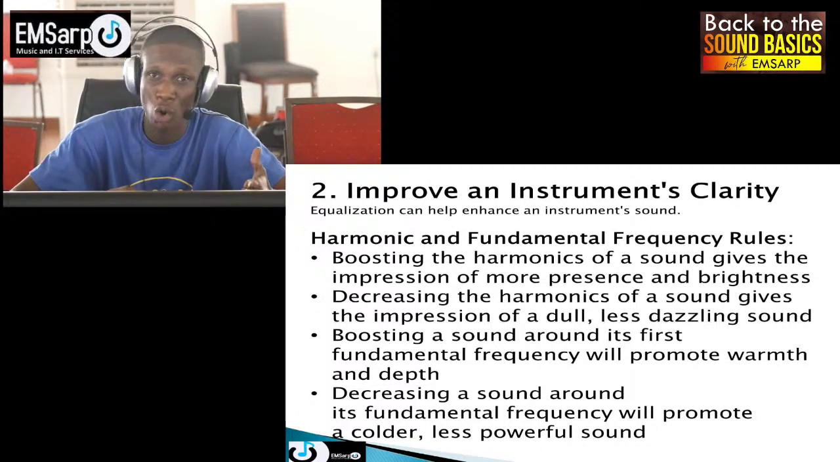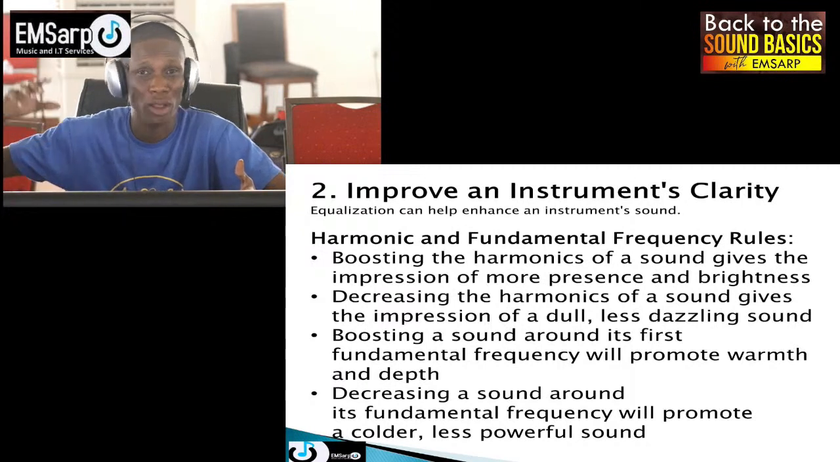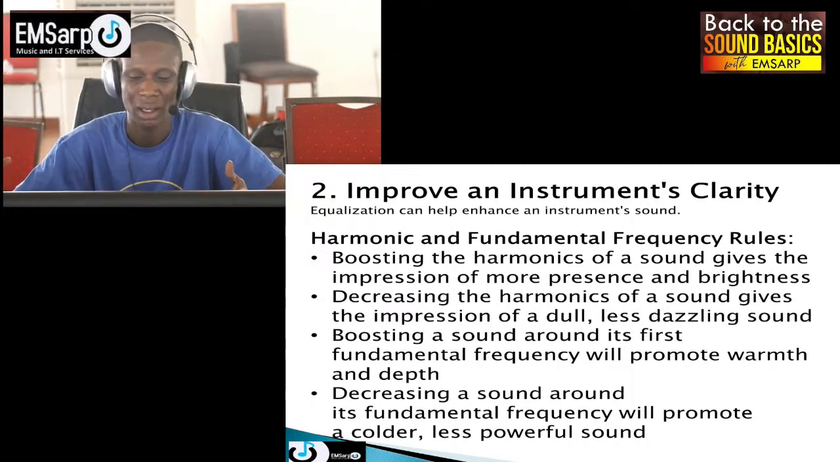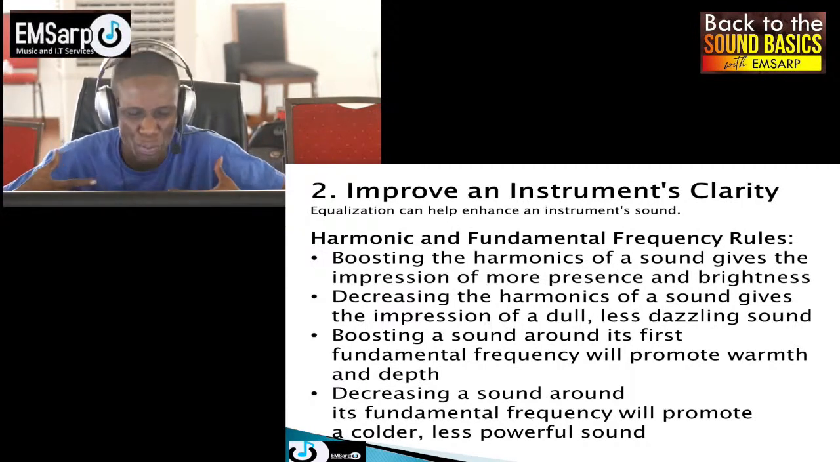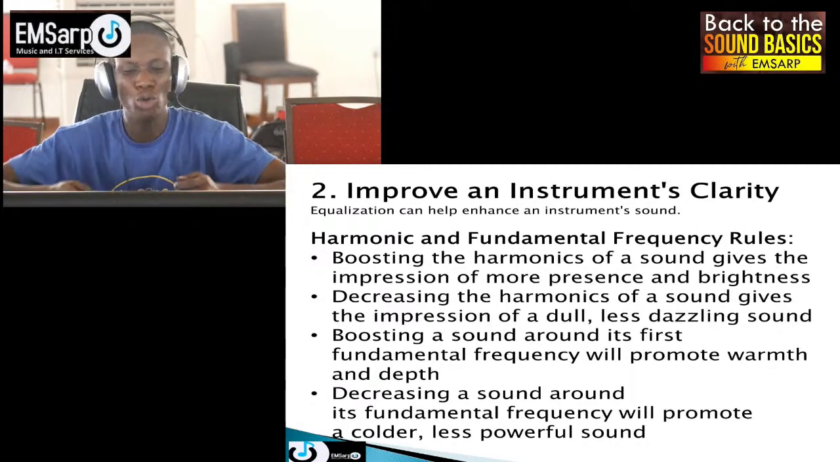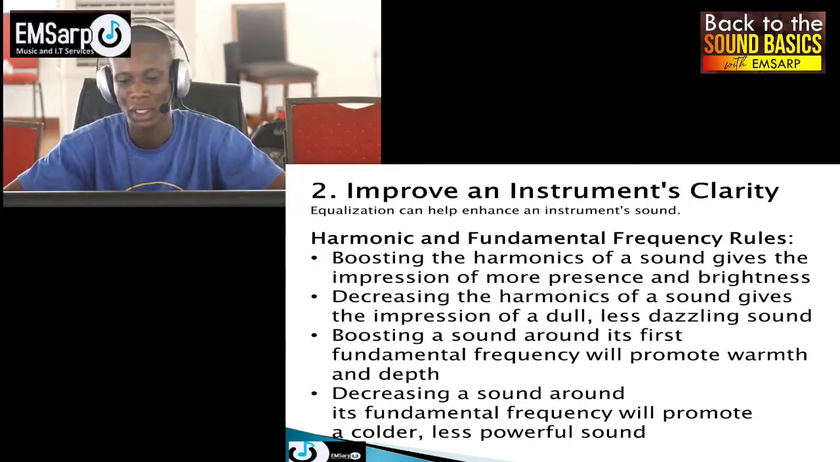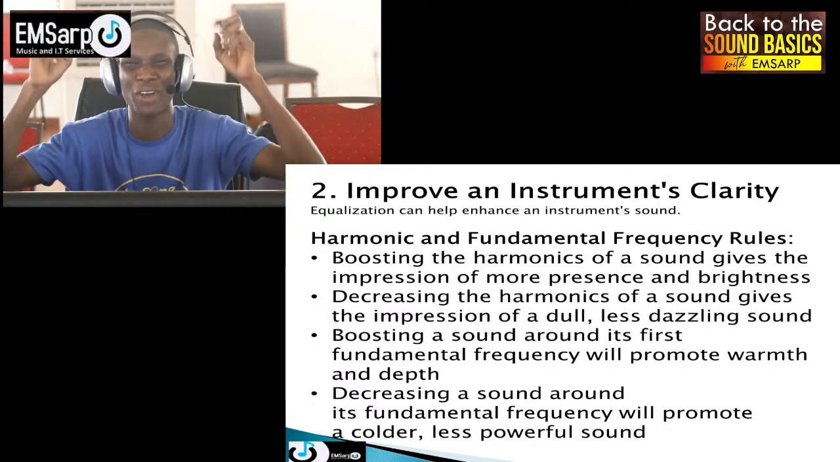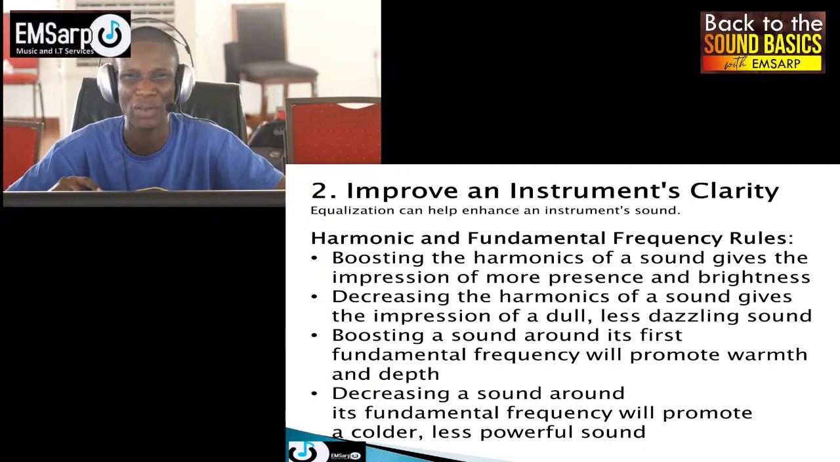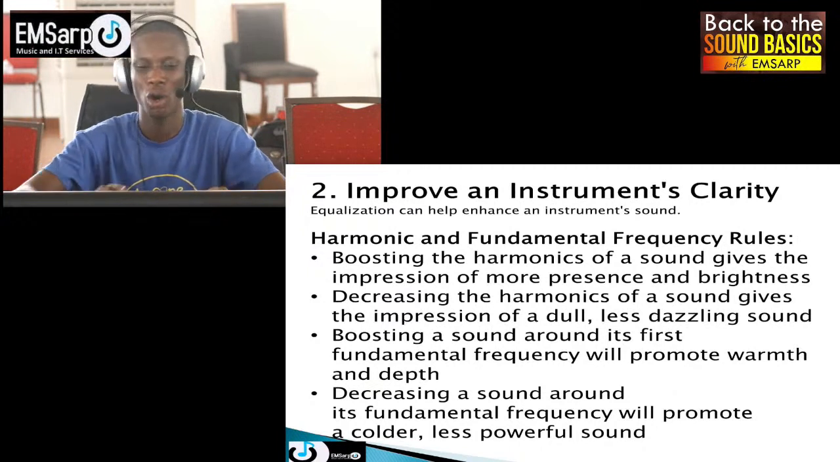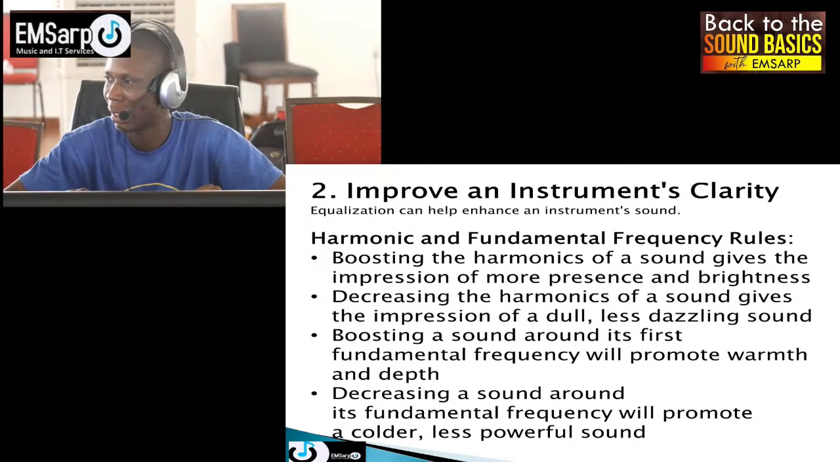between 2 kilohertz up to, let's say, maybe 8 kilohertz, you get a good impression of the sound. But the more you decrease it, it gives a less dazzling, more dull impression. I don't think you want to give your audience or your people a